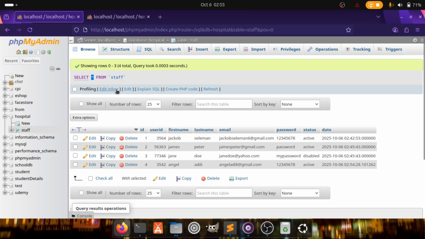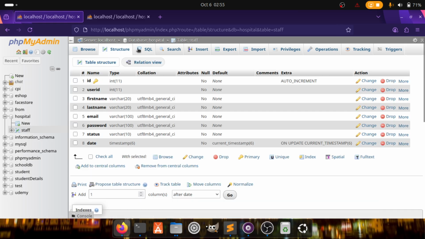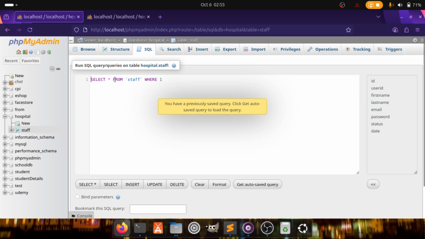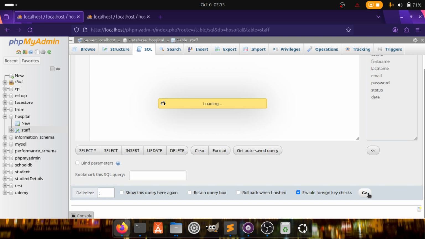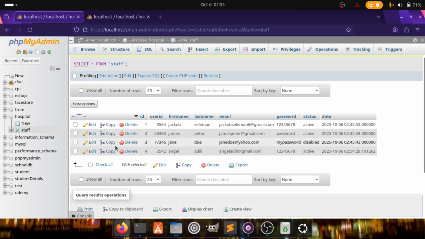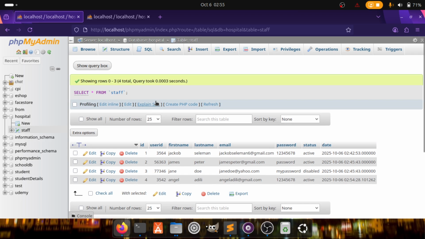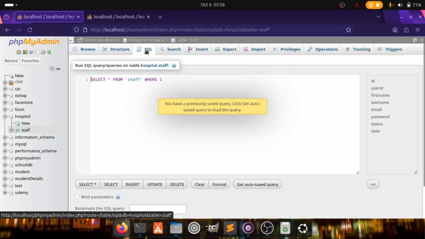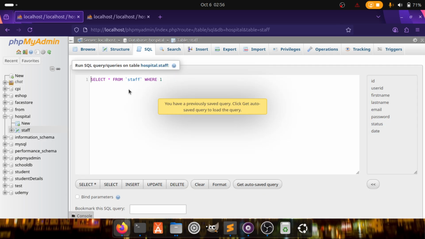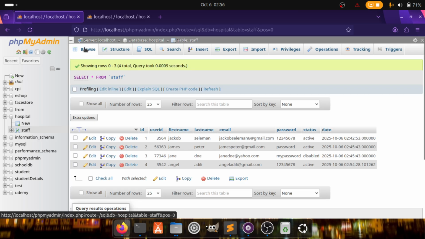So if you want to change, that is the query. If I edit, I can go to the SQL here. I can say select star from staff and remove this, and I click go. It gives the same result, like you look here. If I want to select specific columns, to limit, if we don't want to get more